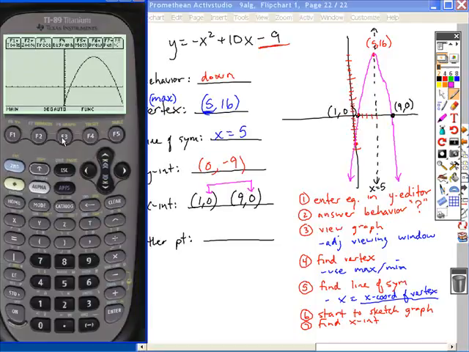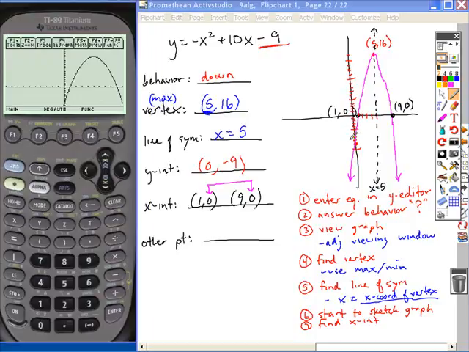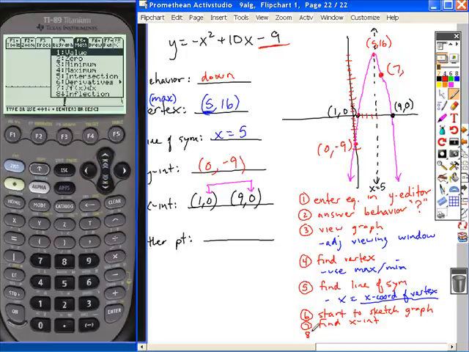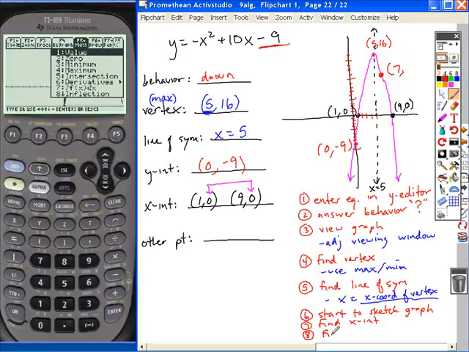And so, returning to the graphical view of this, we want to locate one other point. Again, it doesn't matter where this other point is. Let's label this y-intercept as well. And if we pick any other point, let's say we pick the point 7. All we need to do under our final step here is find the other point